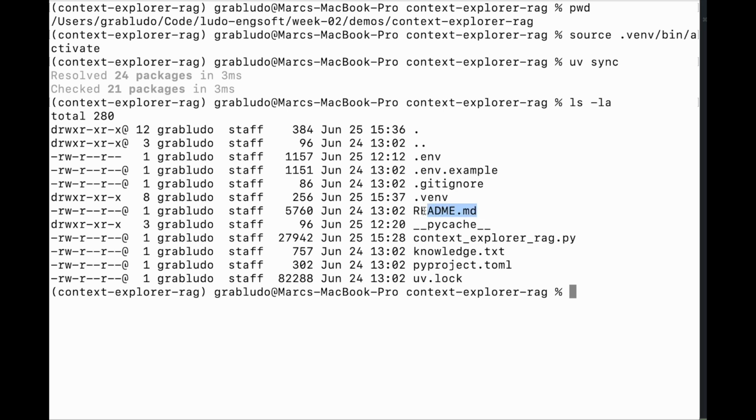I have this README file which you can read, and I have a knowledge.txt, which is the text that I'm going to use as the RAG source, as a single file RAG source, and this is my script. And I have this .env file that I created using the env example, that I'm going to cut for you.